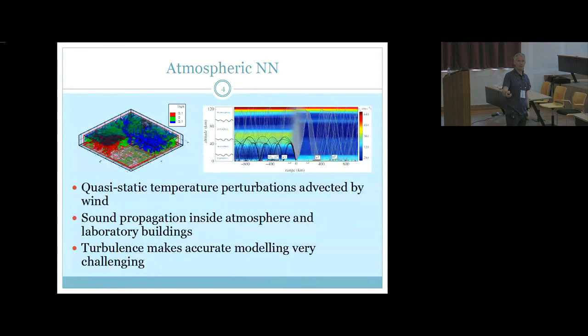The other one is direct density perturbations, or fluctuations, caused by sound propagating in the atmosphere or in the laboratory buildings. And our understanding of this is very, very poor. I mean, we have some analytic models, but they are highly simplified. Turbulence in general makes this very difficult to understand and to model, and we still have a lot to do to get better estimates, and then in the end come up with ideas how to mitigate this form of noise.